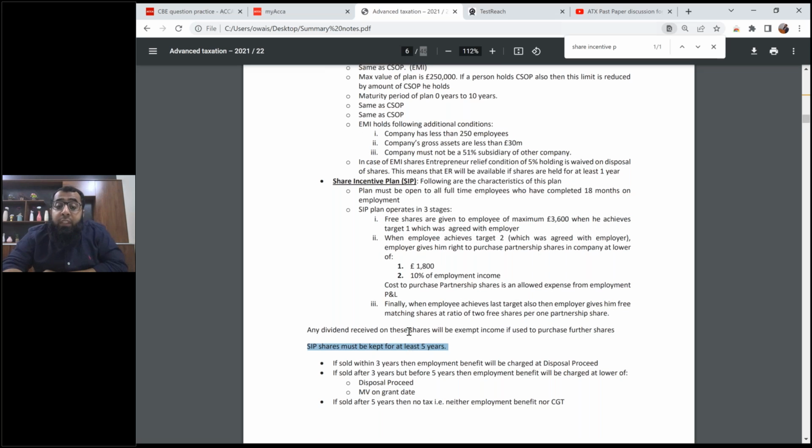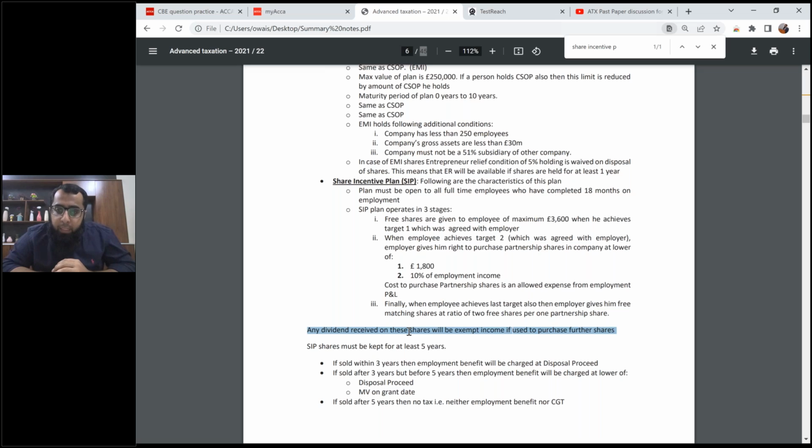Okay, if you are receiving any dividend, that dividend will also be exempt from tax if you use that dividend to purchase further shares. So while you are doing the past papers, a reference to the summary notes can be an easy help for you. These summary notes cover maximum of the rules. Almost all the rules are covered in it, but if you find that any small thing is missing, you can